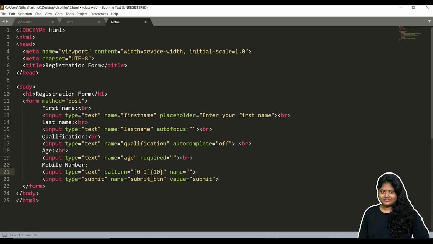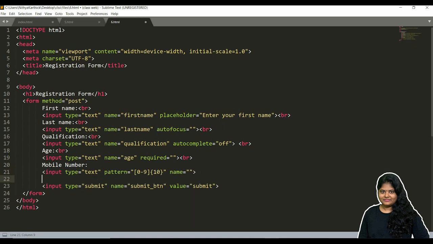Next, after mobile number, we can give another very interesting input box. Let's give age in another format, where we have an age restriction.